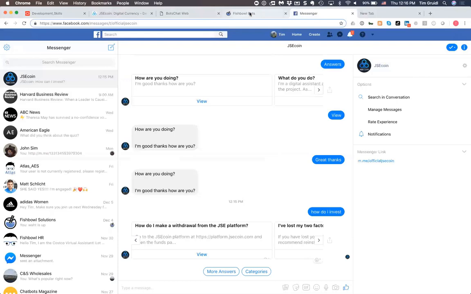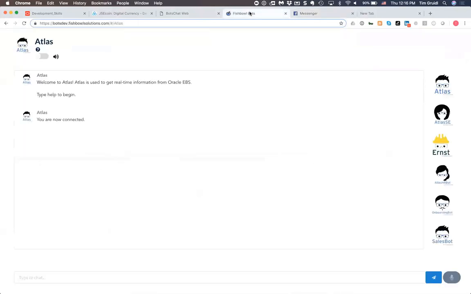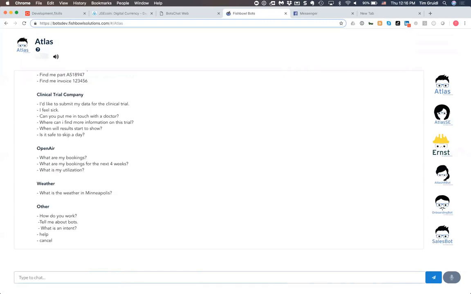Another demo I want to cover, with some other use cases, is on another one of our demo servers. You'll notice a lot of these logos were the ones that you saw on the slide. Again, I can get you access to this. This is a publicly facing bot, so you can go to any of these bots and type in help. Again, this is a web channel talking to Oracle's platform. A conversational example here is around ordering a part. So I can go ahead and say, I want to